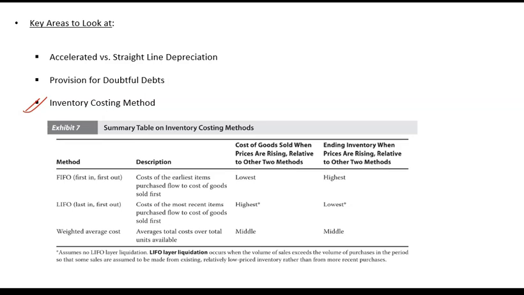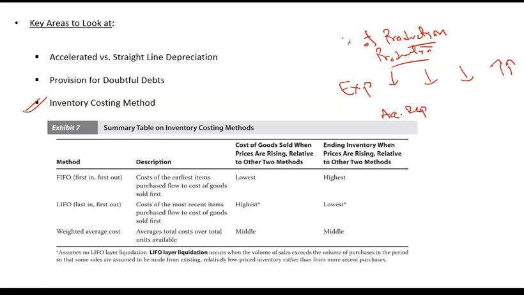the percentage of units method, that is also a method. In the percentage of units method, you record it on the basis of production, but you don't know whether the depreciation is higher in initial years or lower in later years. So if the percentage of production method is used, again you can make an estimate of future production, and based on that you can find out what will be the expense, and then you can compare it. How is it comparable to accelerated depreciation, or to the straight line method?